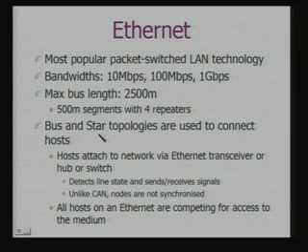Commonly, bus and star topologies are used to connect hosts. Hosts are attached to the network via what we call an Ethernet transceiver, hub or switch. Therefore, all the hosts which are connected via the bus can listen to what is going on in the bus. So, a host can detect line state, that is the state of the common line connecting the hosts, and accordingly decide to send or receive signals.